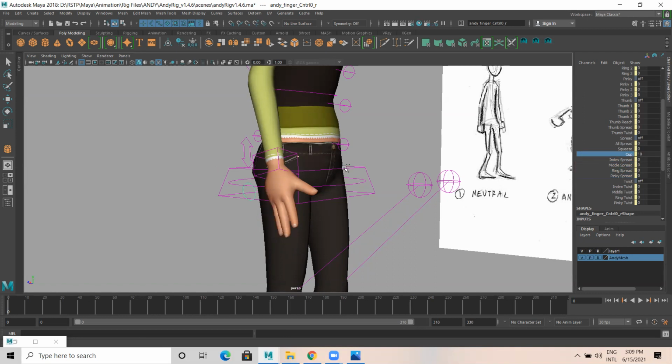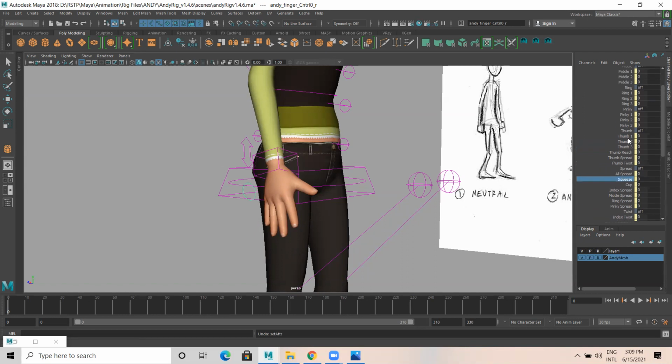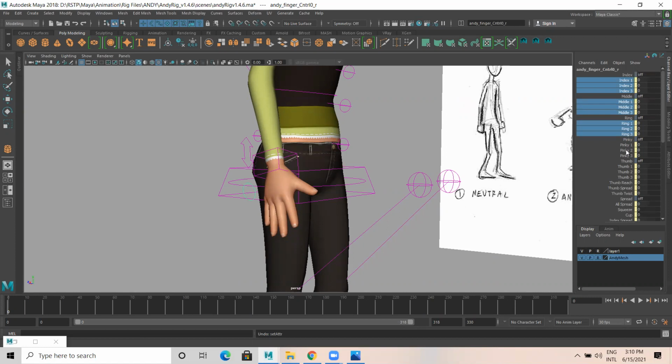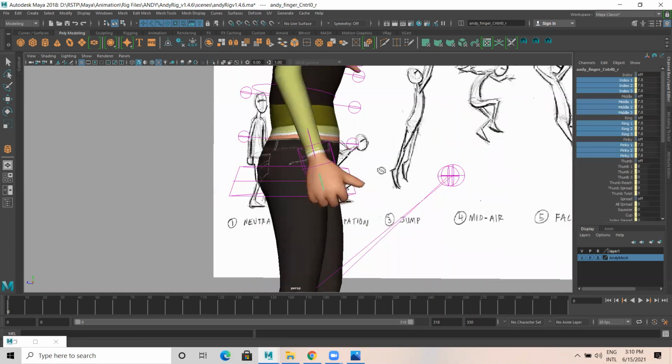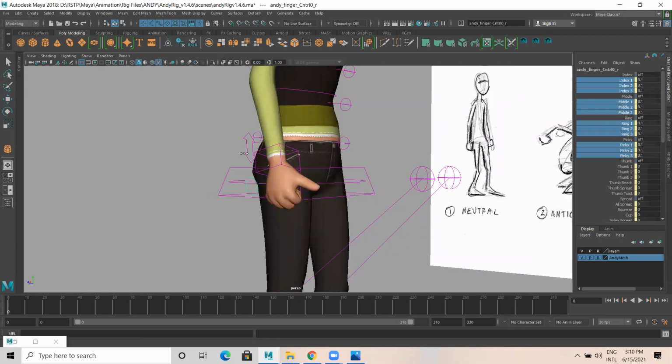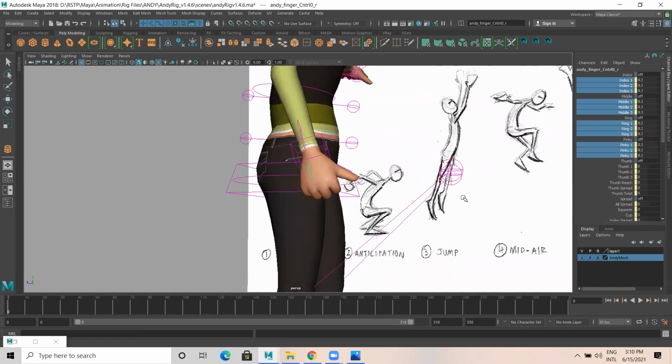A cup, this whole thing like a cup, all spread. It's okay. So what I'll do, I'll select index 1, 2, 3, middle 1, 2, 3, ring 1, 2, 3, pinky 1, 2, 3. Observe how we did this. And there is a spread, all spread.